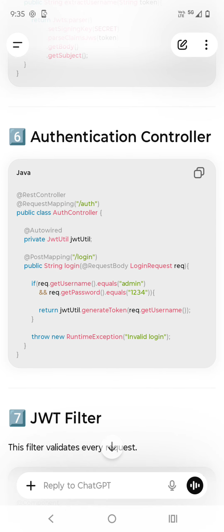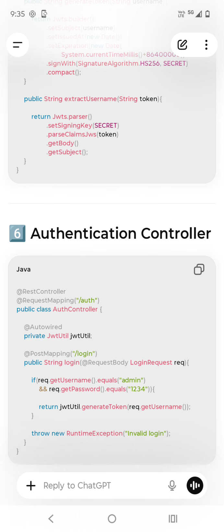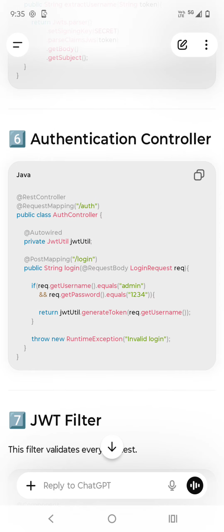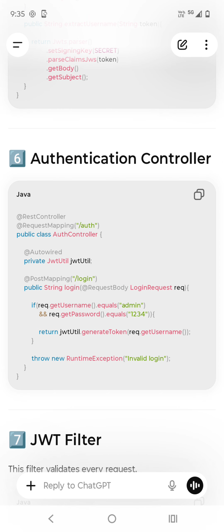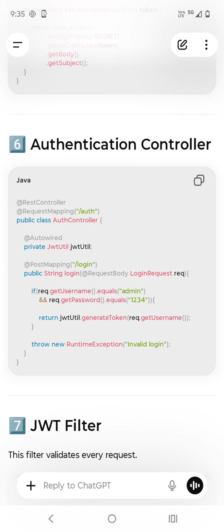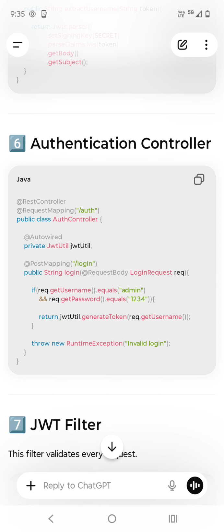So next thing is the user wants to do a transfer, an amount transfer, right? Then he has to execute the API endpoint. So when he initiates the request, first thing is his token has to be validated. As I told you, the token will be sent in the header along with the request. You can see here, now the request will come to the authentication controller. So what will this authentication controller do?